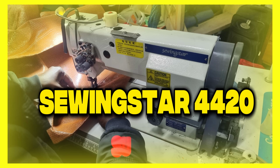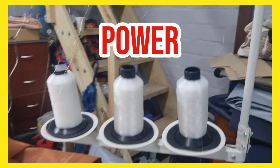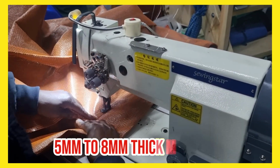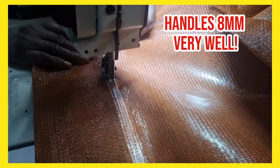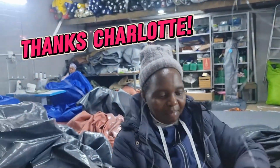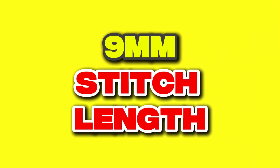Now let's talk about this superstar, a great option if you are watching your budget but still want serious power. Here are some parameters which you will notice are remarkably similar to the typical machine. Handles up to 5 mm thick materials. Think heavy denim and leather. 2000 to 3000 RPM, comes standard with a quiet servo motor. Remember to stick to that 2000 RPM limit. Same 9 mm max stitch length as the typical